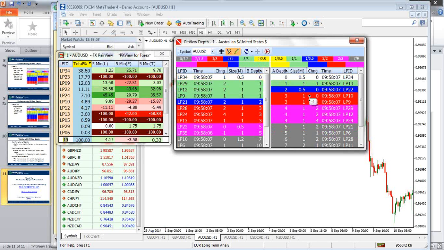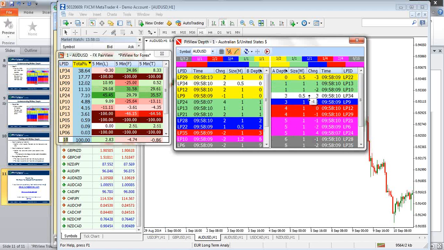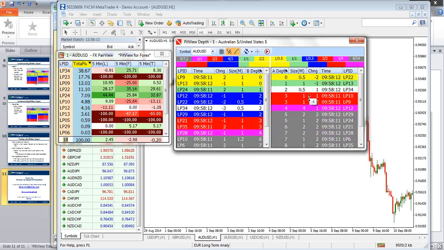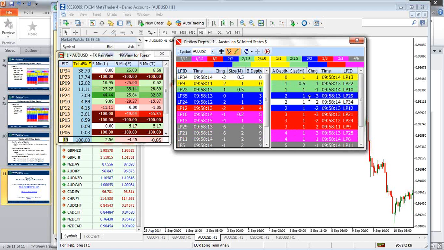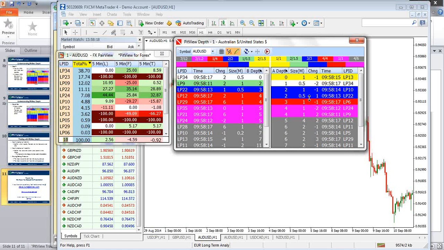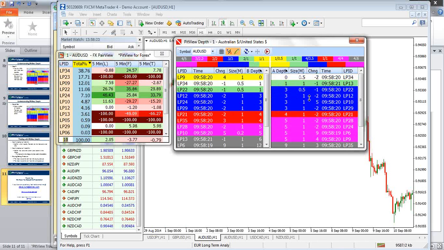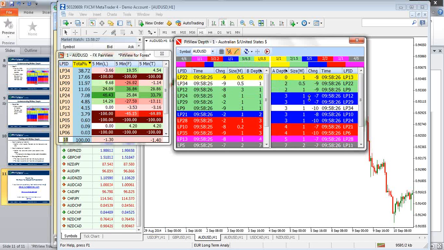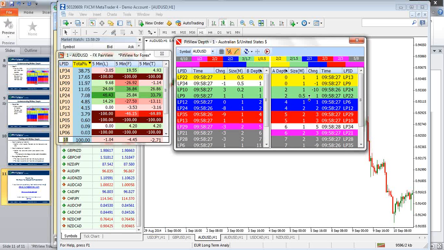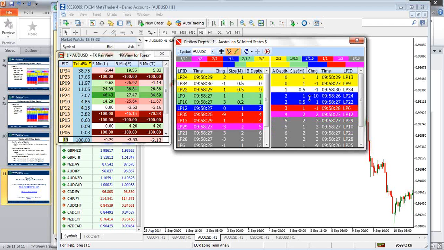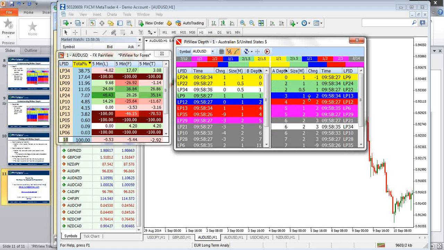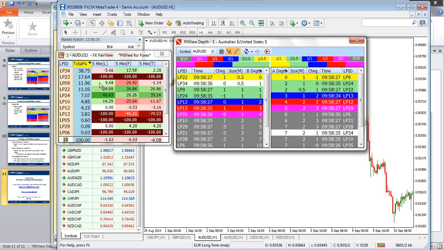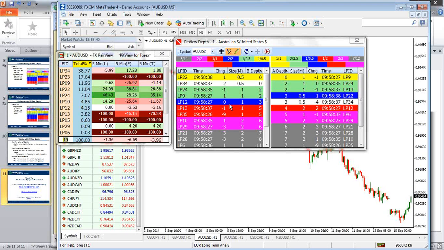I know the market is changing and moving very fast, and this is the one complaint students have. It's the same complaint that stock traders have when they're looking at something like NASDAQ level 2, that it's just changing way too fast. In my mind, you look for some type of trend. You take a step back, and if you see that the bid column is changing real fast and gets thicker, and then the ask column goes down and starts changing and gets thicker, that just means that there's really, when you look at the Aussie US dollar, what it's doing over on a 5-minute time frame right now,